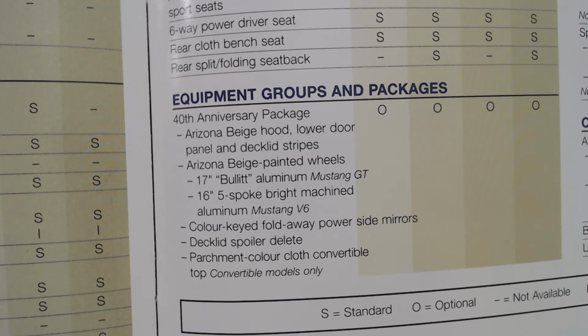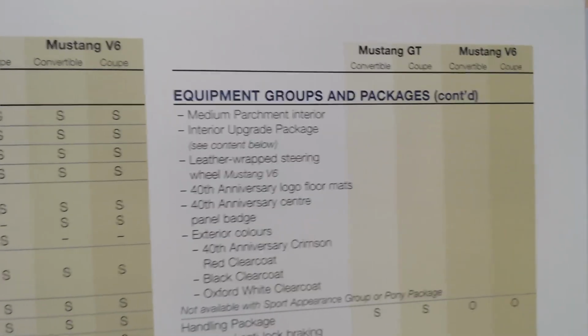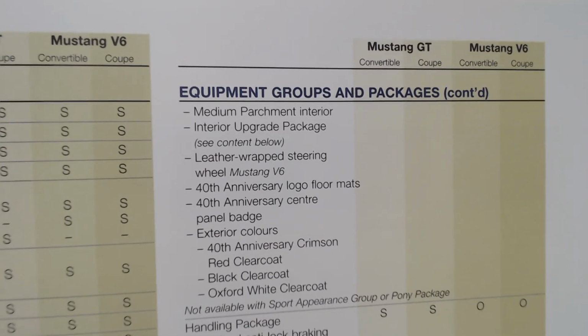Colour keyed fold-away power side mirrors. Deck lid spoiler delete. It's kind of a bit weird to take away the spoiler. Parchment colour cloth for the convertible. And then we got various other packages it's telling us on here. Oh, actually, this looks like a continuation of the 40th. Actually, medium parchment interior